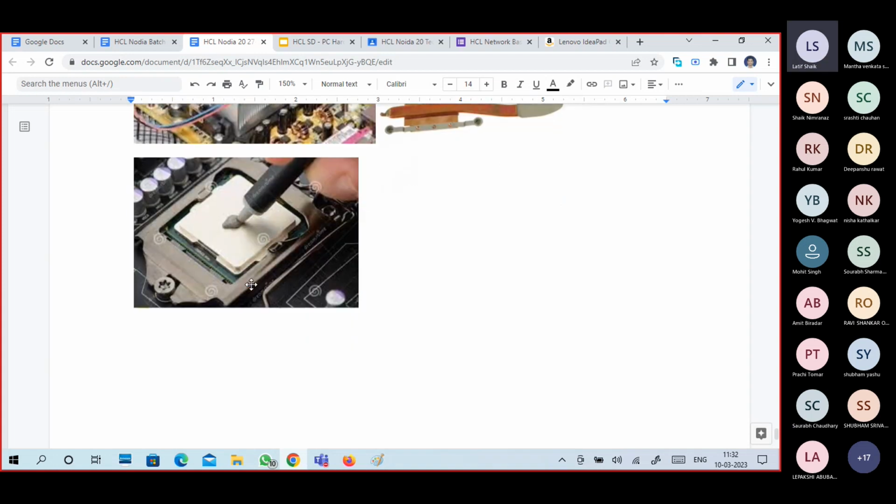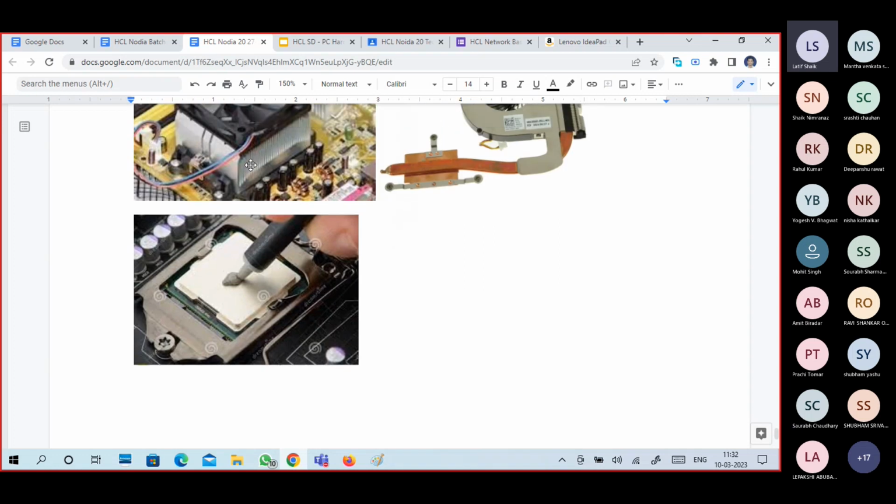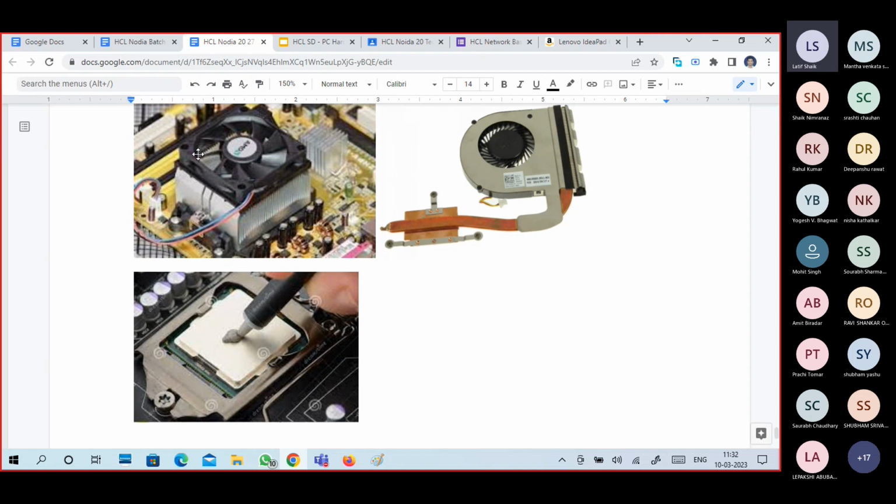What is the use? This thermal paste will make the heat sink absorb more heat. Means the heat sink absorbs the heat from your processor. The fan runs, so the air will rotate